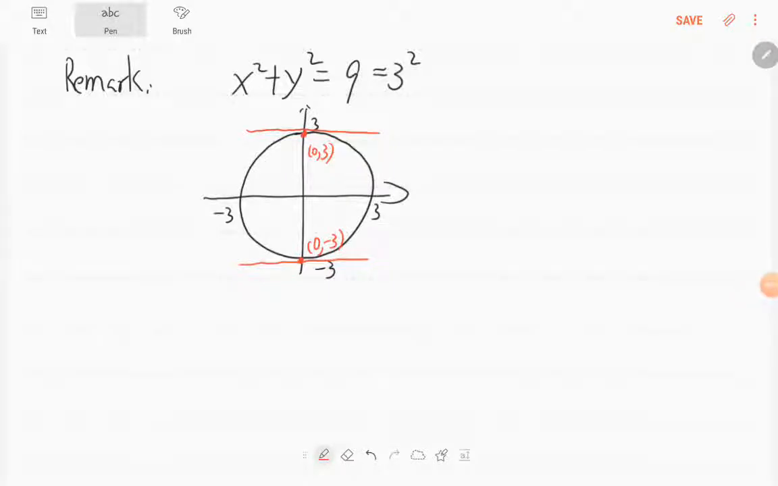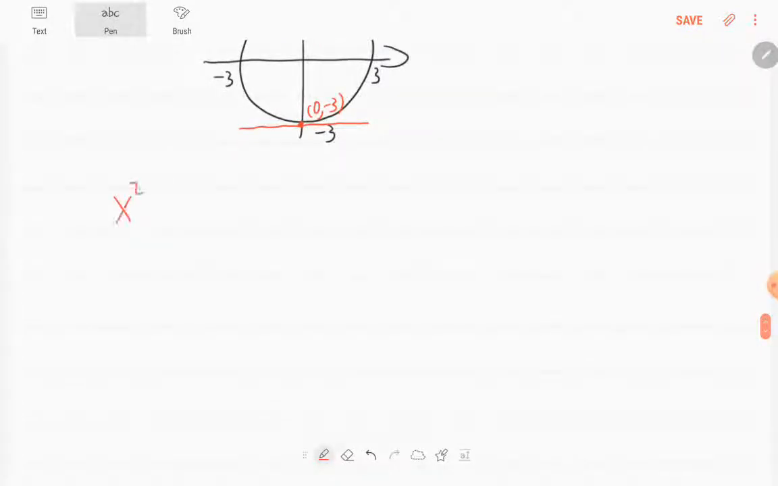Now let's continue this example. We still consider x squared plus y squared equals 9. And then we know this is actually a circle with radius 3, right? And we also know there is a point P, which is (2, square root of 5). This point is on the curve, right? So we want to find the tangent line